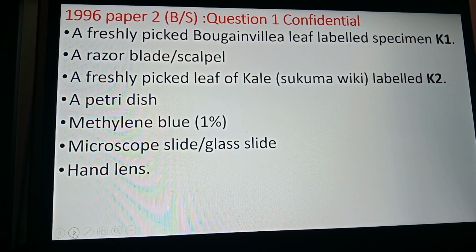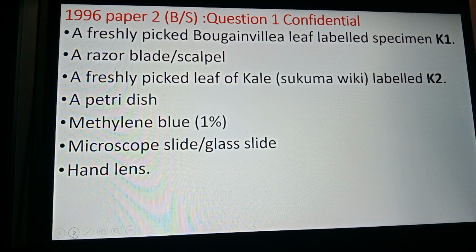As we normally do in this 1996 paper 2, biological sciences practical, I'll start with the confidentials. And here is what was required for question 1. So, question 1, confidential. A freshly picked bougainvillea leaf labeled specimen K1,